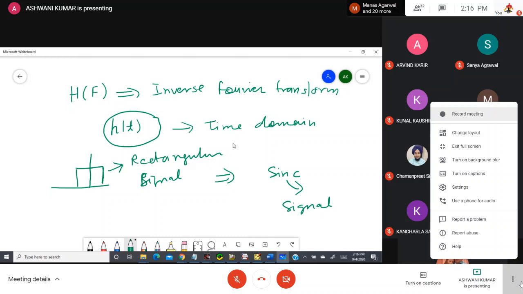So what is the low pass filter doing here? The low pass filter has the rectangular transfer function, so it is giving the sinc pulse.